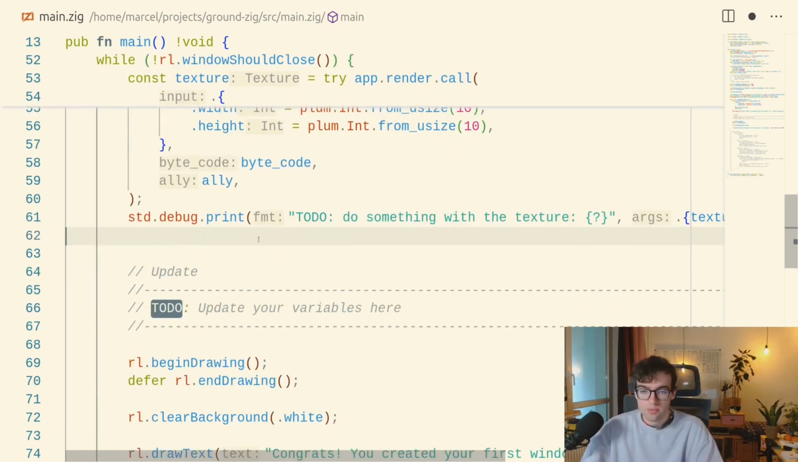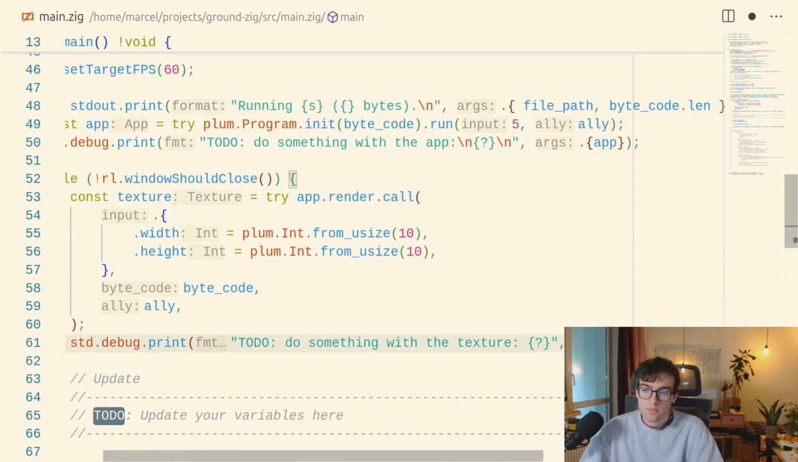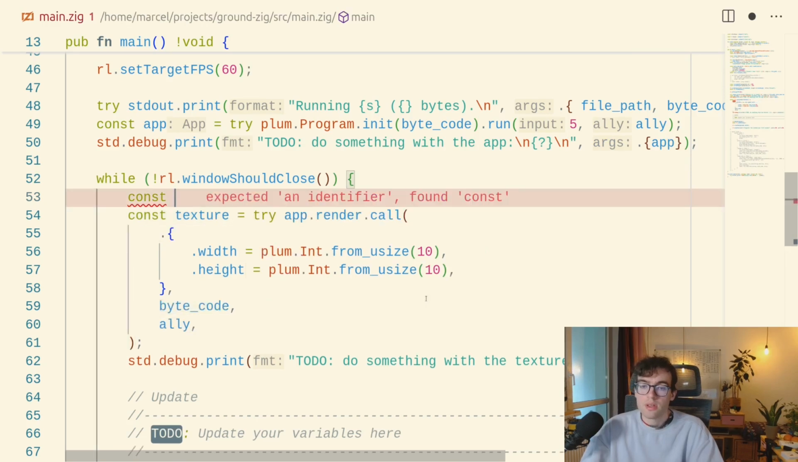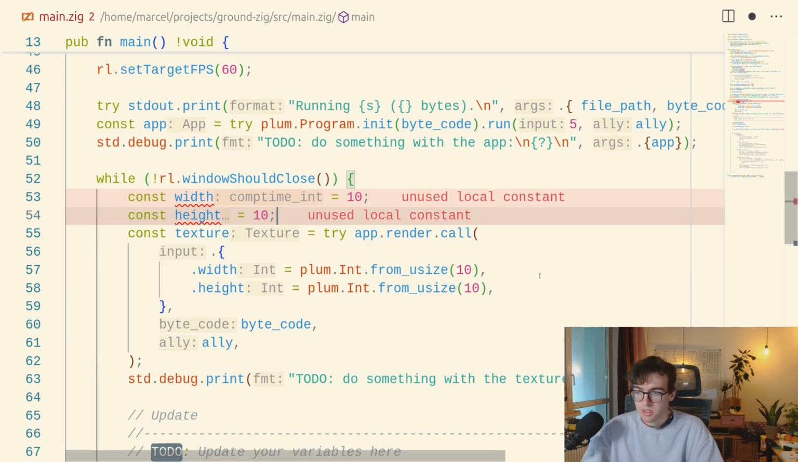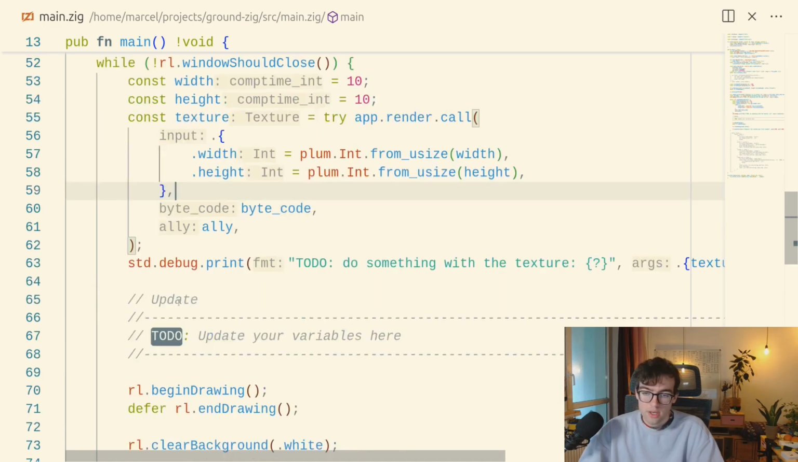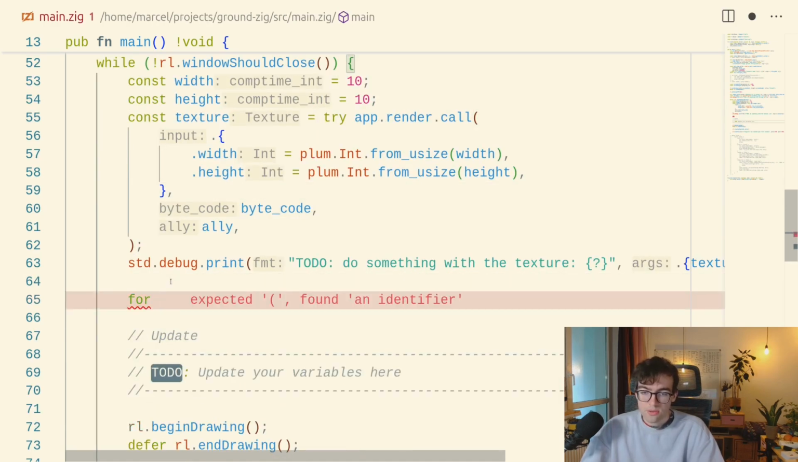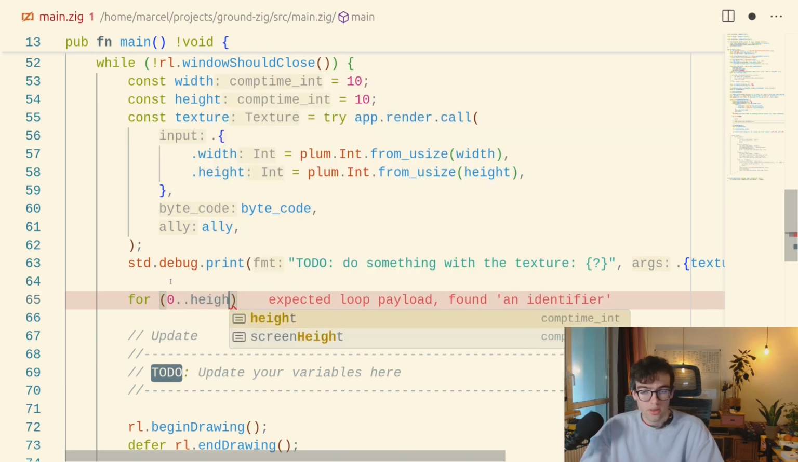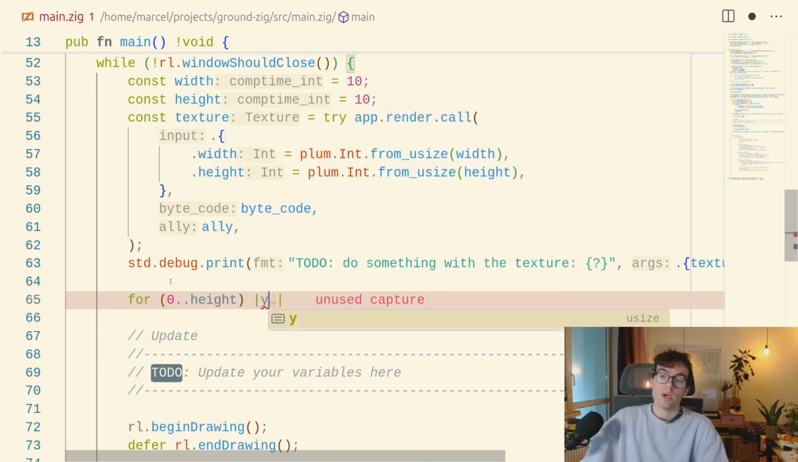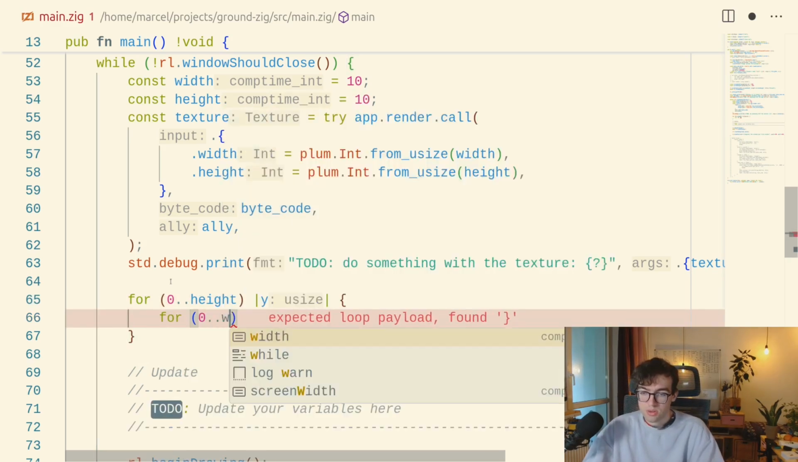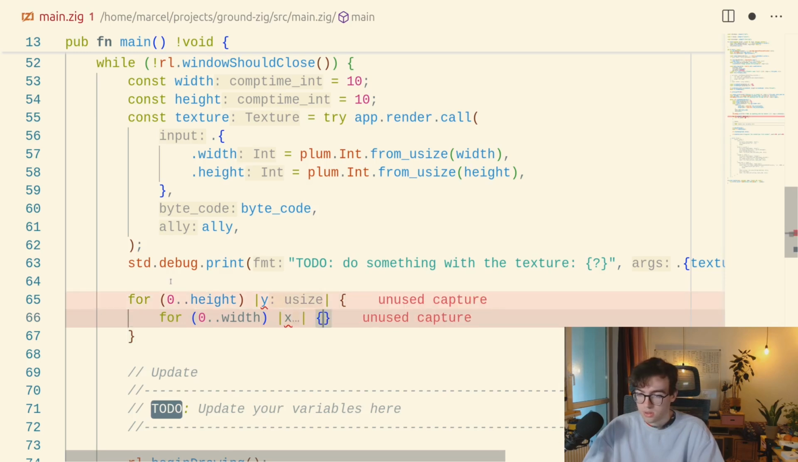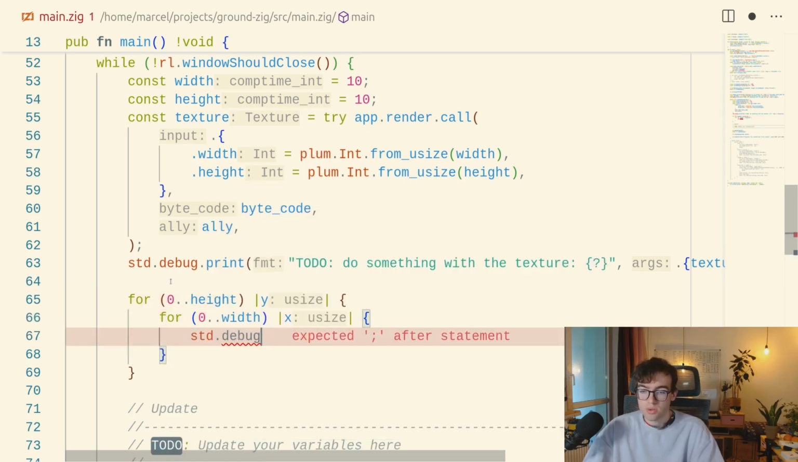Let's print the texture in the terminal. Let's say the width is going to be 10, and the height is going to be 10. And then this just uses the width and height converted to ints. And then in here we say for 0 to the height with some y coordinate, we do something, and then for 0 to the width with that x coordinate, we do something. And what we do is we just print